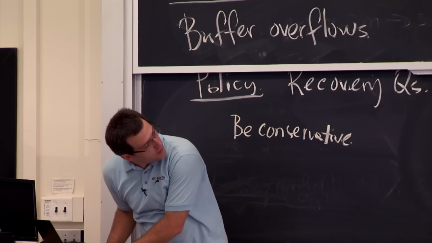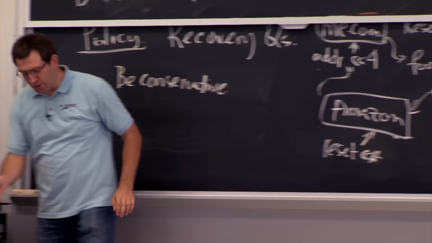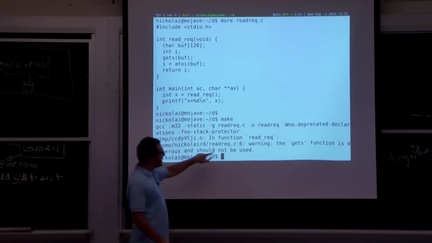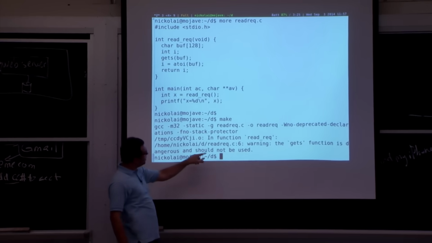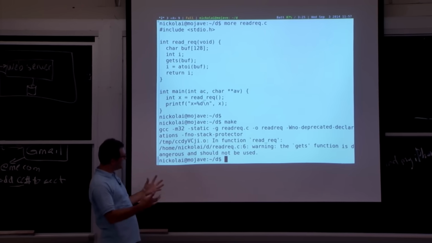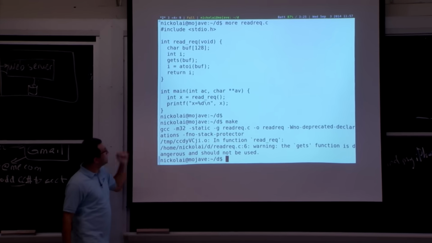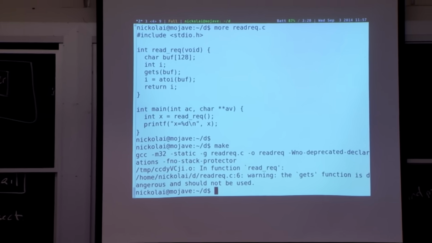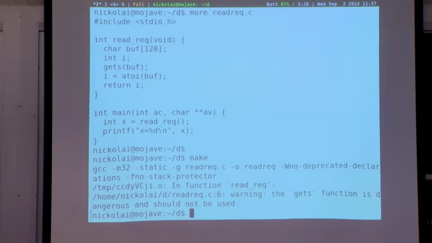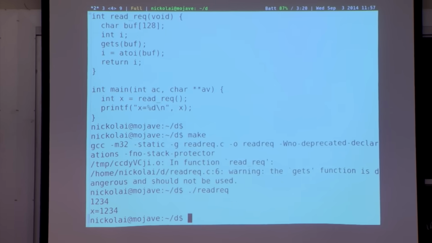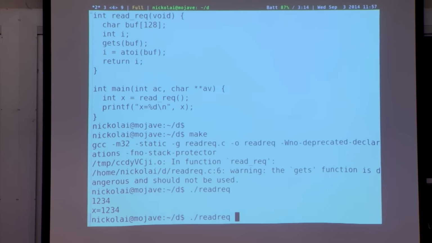So I can compile it here. And you can already see it's telling me what I'm screwing up: the gets function is dangerous and should not be used. We'll see in a second why the compiler is so intent on telling me this, and it actually is true. But for now, suppose we're a happy-go-lucky developer willing to ignore this warning. So I run this redirect function, I provide some input, and it works.